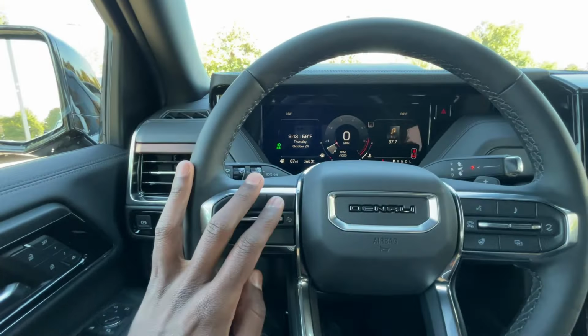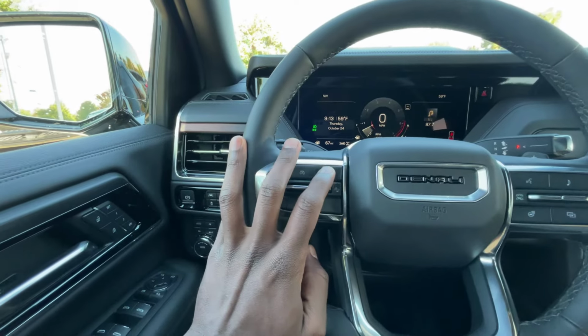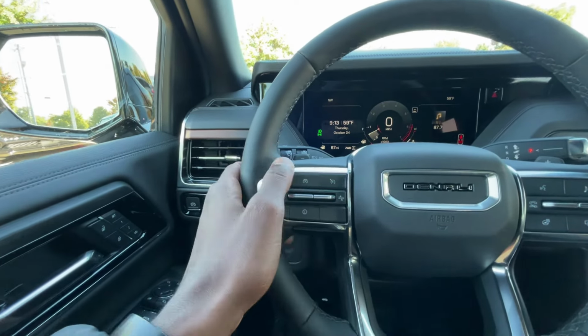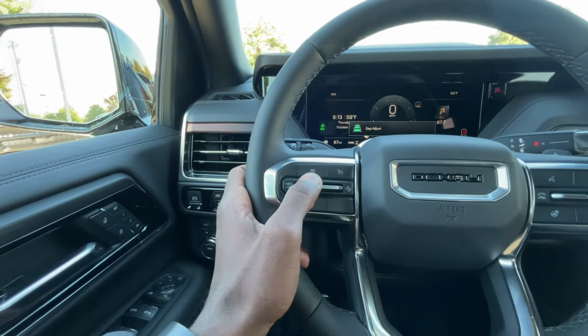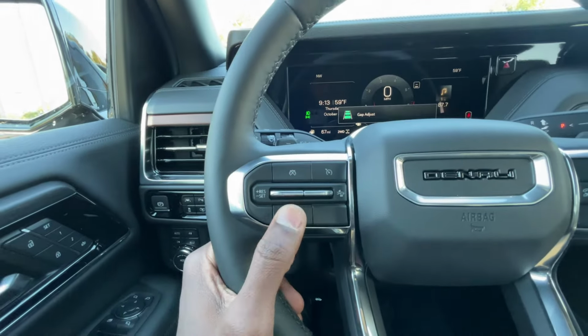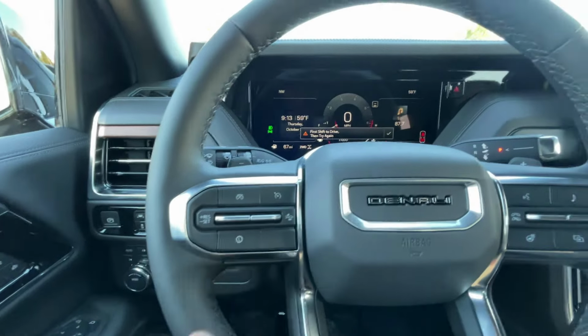Now, we don't have Super Cruise in this particular model, but we do have the adaptive cruise, so we can turn that on or off there pretty easily. And then adjust the gap for that there, set the speed. Your low gear is here. So to put that